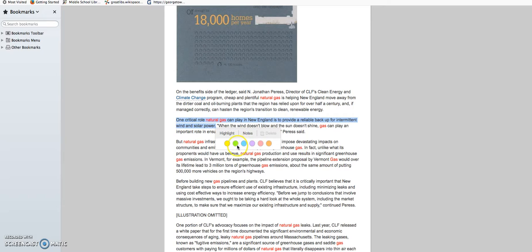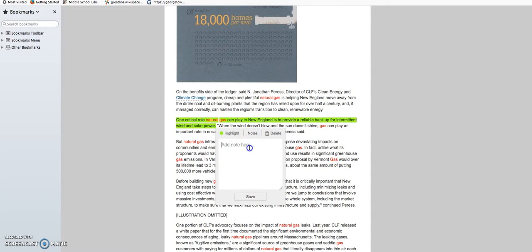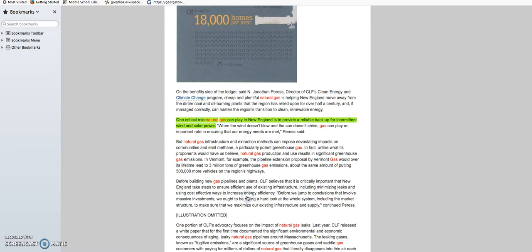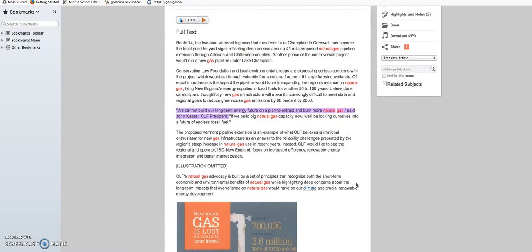Maybe I want this in the second slide. And I'm making everything in the second slide green, just to keep track. So I'll put add to my second PowerPoint slide. And I can save that note as well. And you can see now I have two notes.